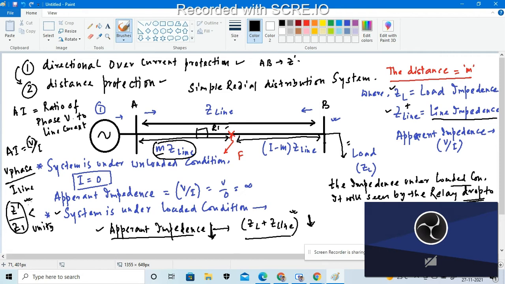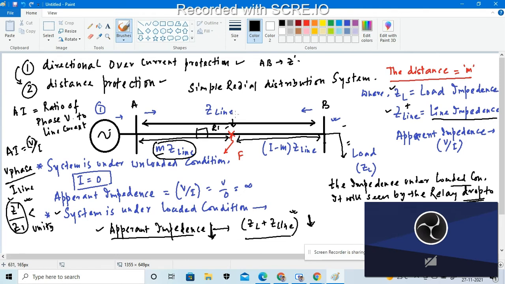So from this ratio, we have to find out two things. One, we have to locate the fault, that means at what distance from the system or the sending end, and as well as the fault location. We have to indicate where the fault arises. So we have to calculate these things.